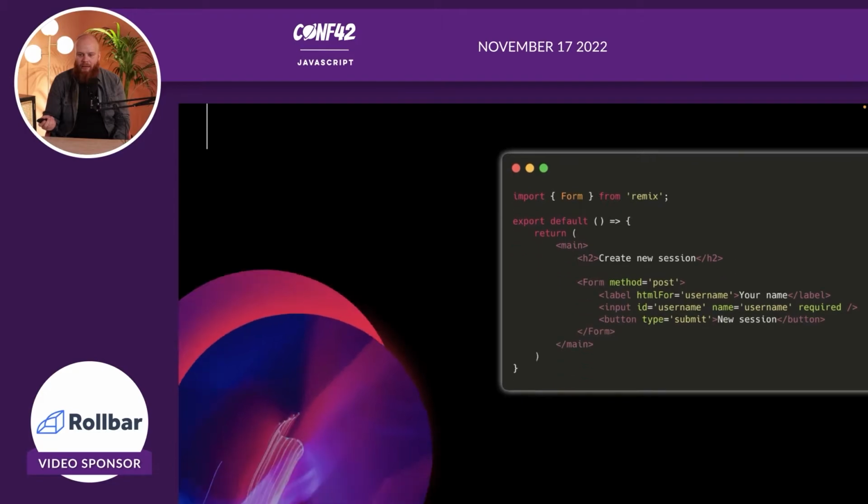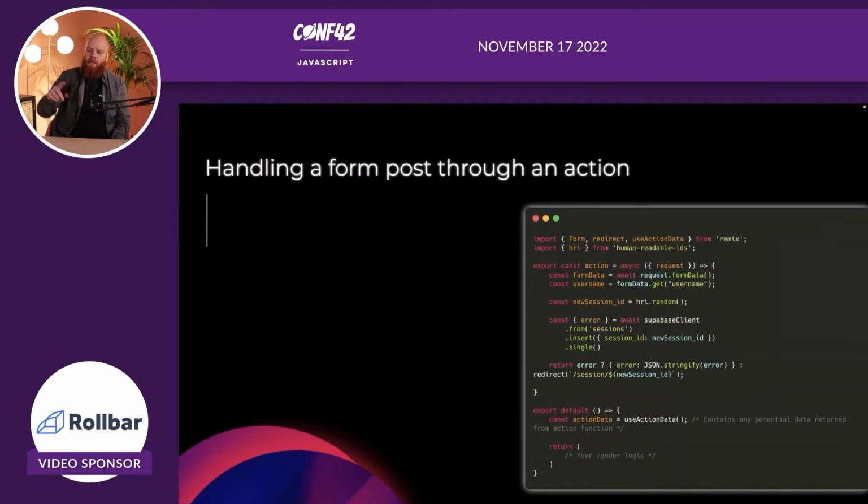So where do we then handle that? Well, in that same file, and note that these are simplified code examples, so I've hidden the JSX here that we just saw. In the same file, I export something which is called an action. And this is basically a server-side function. And this server-side function needs to be named action, like exactly action, and we export it, so Remix will pick it up. And what it does is whenever you post something from the front end and do an actual post request, this function on the server will be run.